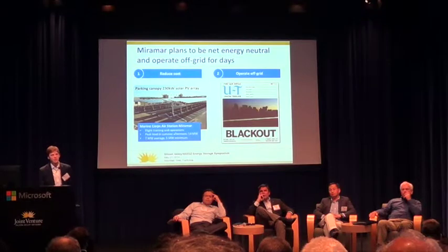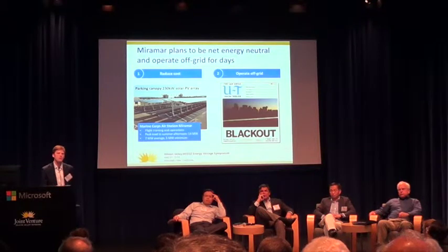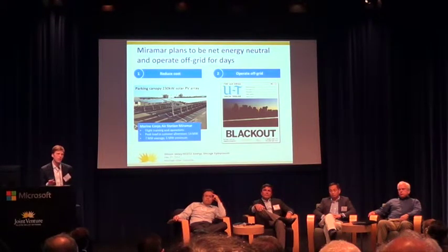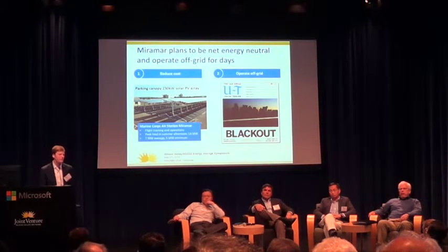To go into a little bit more depth on Miramar, essentially they want 2 things. They want to reduce the cost of electricity. Again, they still get a fair amount of their electricity from the grid, and they also want to be able to operate off-grid, essentially. If you look at the usage at Miramar, well, maybe before we go there,